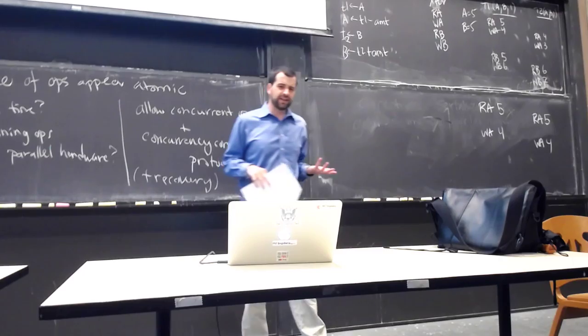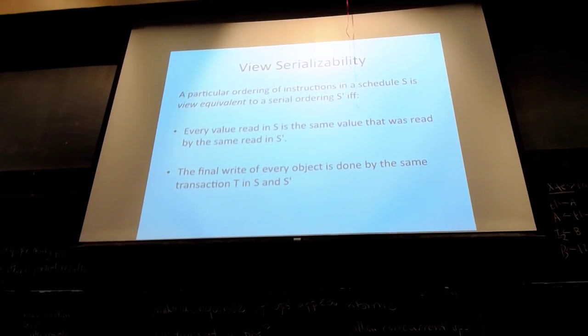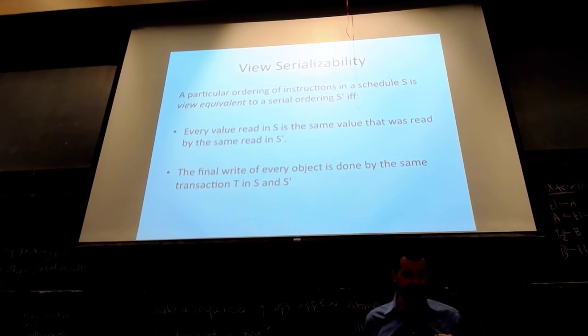So it says that an ordering of these instructions like this here is serially equivalent if and only if for every value read in the schedule, like this schedule here, there's some serial schedule, S prime, where it goes all of A and then all of B, or all of B and then all of A. There's some serial schedule S prime where every value that we read in S was the same as the value we read in S prime, and where the final values that we wrote out in S were the same as the final values that we wrote out would be in S prime, if that makes sense. So this is hopefully a pretty intuitive definition.